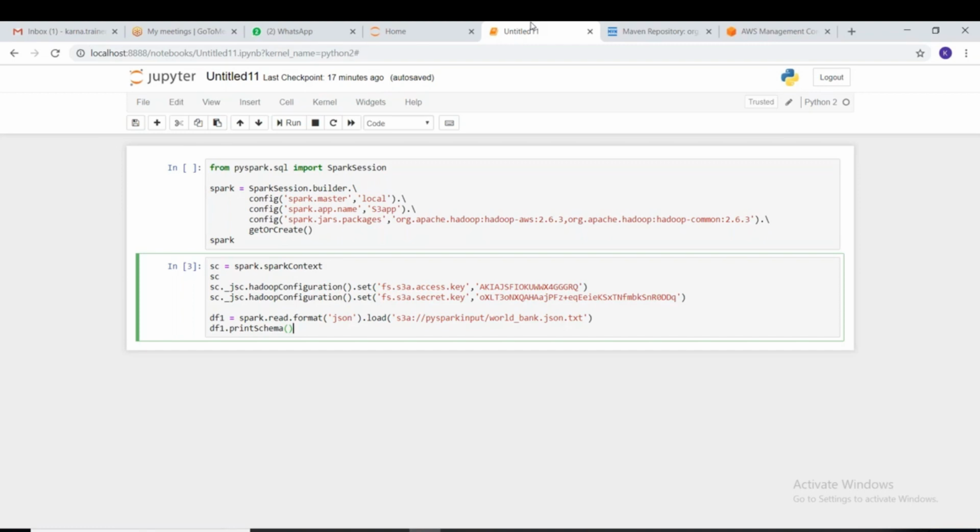So be careful, I'm not sure whether it is going to work now. But this is the code, whatever the version. If it doesn't read, the reason could be only a version incompatibility.